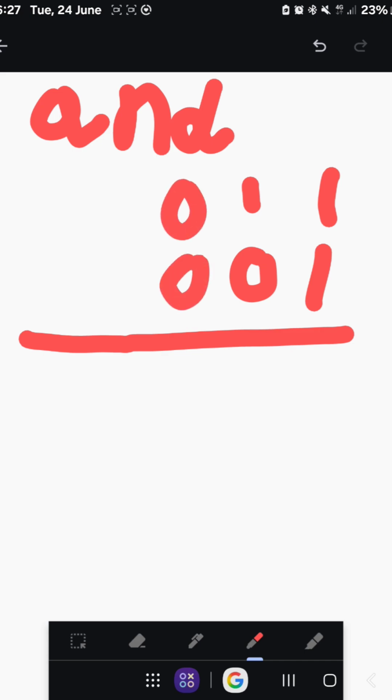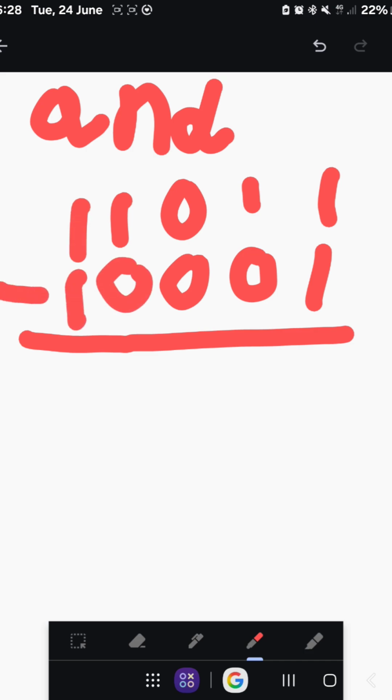Now, if both are true, which in this case is 1, then 1 is true, 0 is false. And if both are true, then the output is true. If only 1 is true and the other is false, then output false. If both of them are false, then output nothing. Okay, so using that logic, we're gonna go with a 1, 0, 1, 1, and then this function is